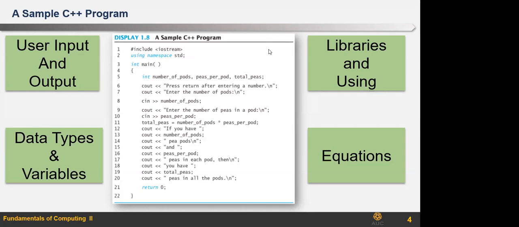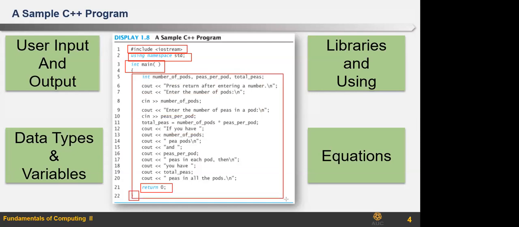So Tayam, if we look at this very simple piece of code that we have here, I would like to divide this code into the following sections: include iostream, using namespace std, the main start, the main end, and return 0.